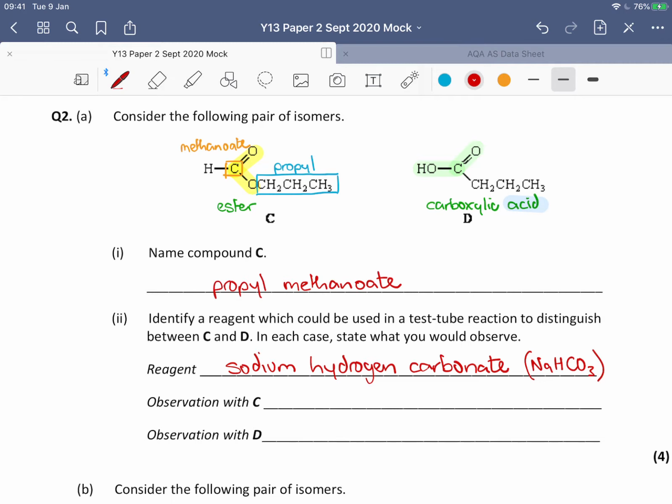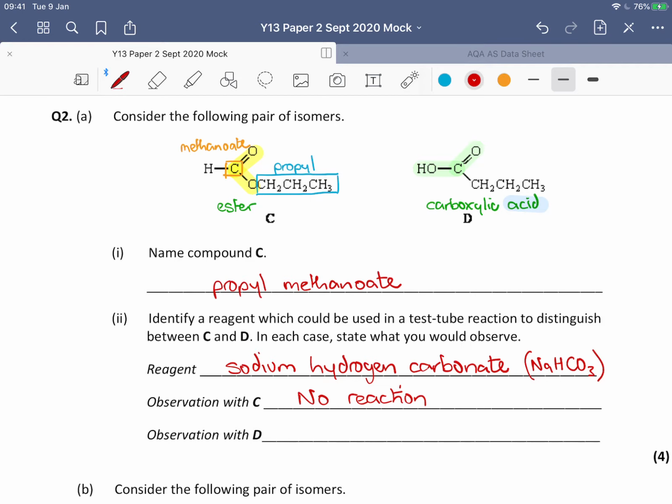So observation with C. If I add my sodium hydrogen carbonate, which is a base, to my ester, there will be no reaction. And I think when it says observation, if there's no observation, just put no reaction. They're absolutely fine with that. Okay, that's you saying there is nothing observed to suggest that a reaction has taken place. And then the observation with D